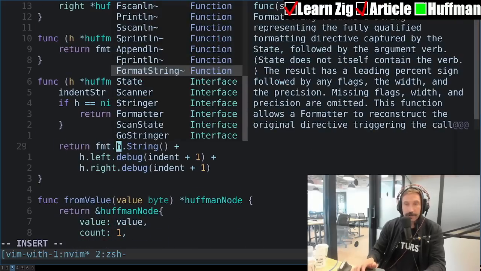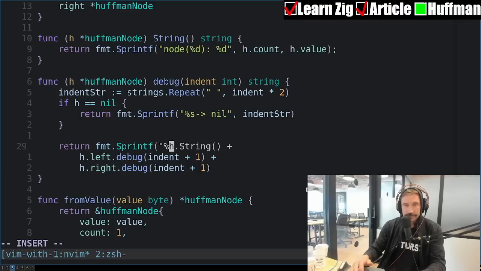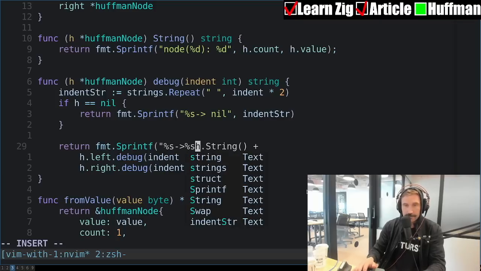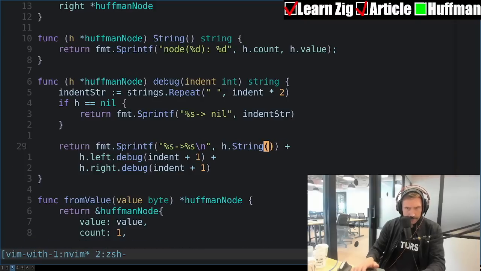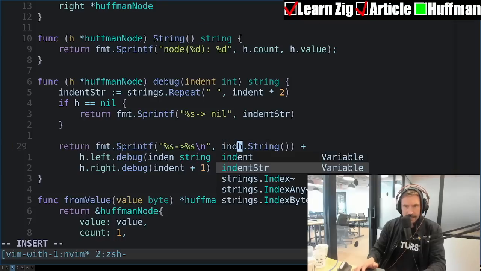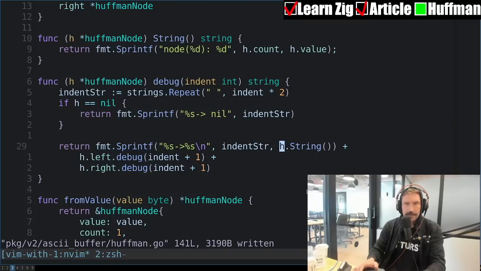This is what you guys wanted. So we're going to go like this, indent string, that. Perfect.